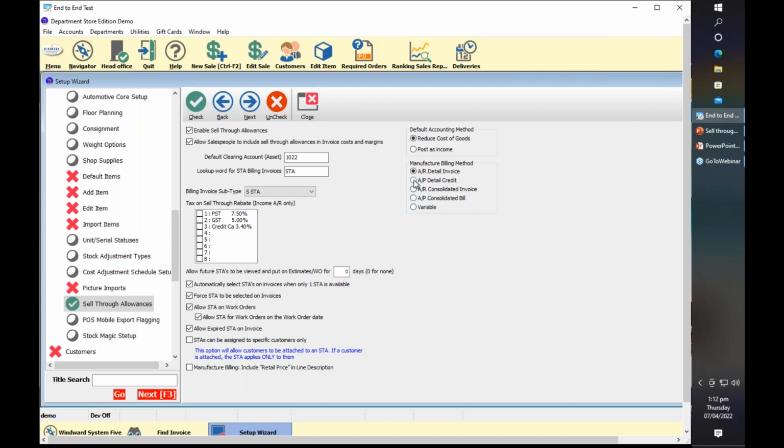So as well as the eBay detail credit, it will also show the same, which is the item number, the invoice number, and then the customer. So the AR and the AP consolidated, both will only show one line with the total quantity of all the STA rebates on the billing invoice if it's the AR consolidated invoice to the manufacturer, and if it's the AP consolidated bill, it'll show one line with the total quantity of all the STA rebates on bill